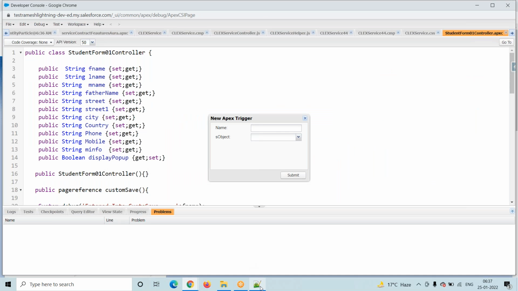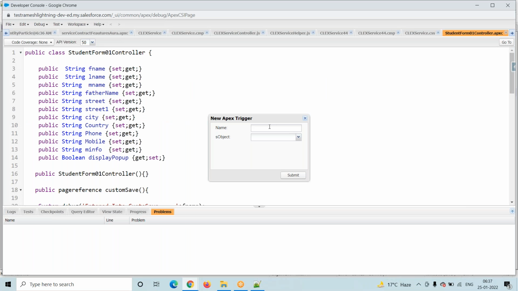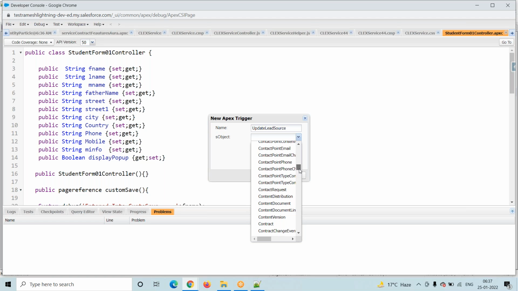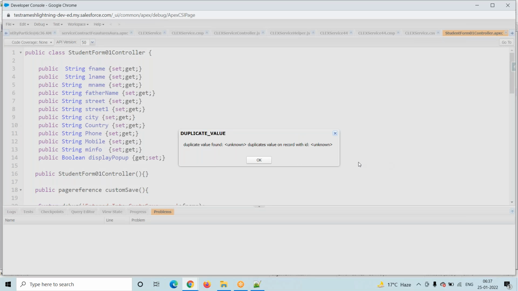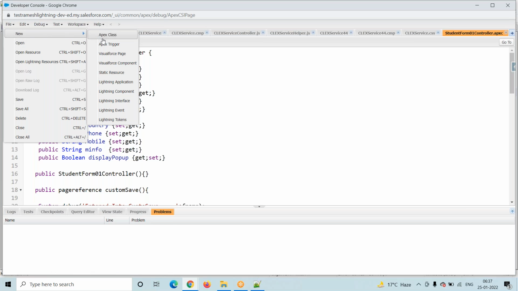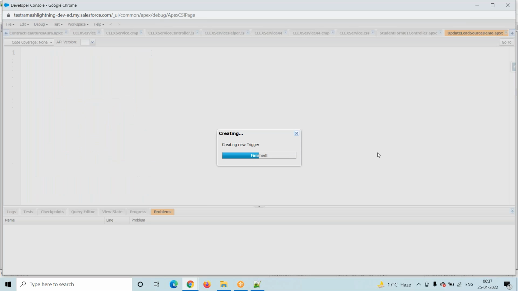My trigger name is Update Lead Source Demo. Select Opportunity and click on the submit button. The trigger already exists with the same name, so I use a different name, update lead source demo. Click on the submit button.